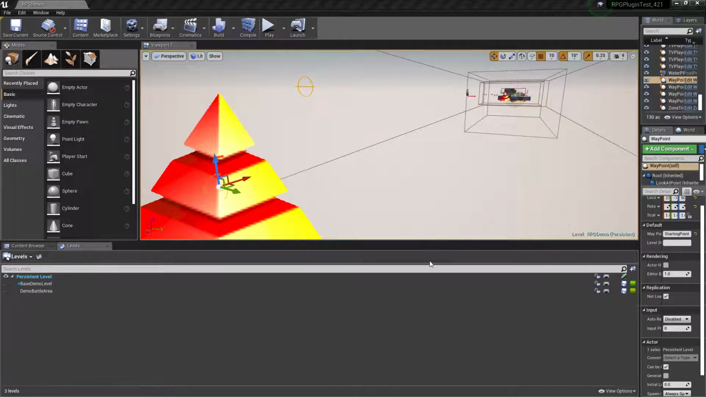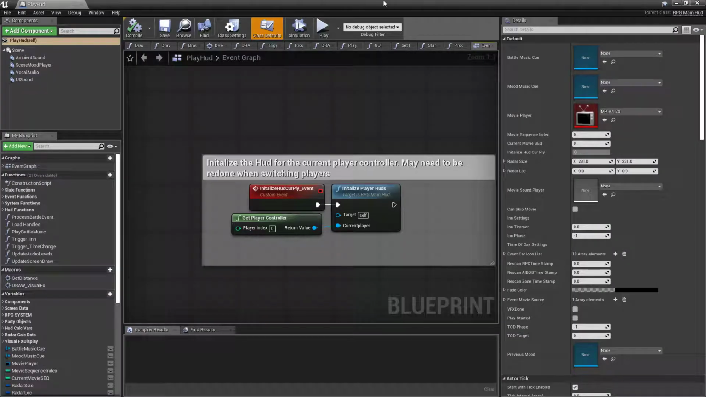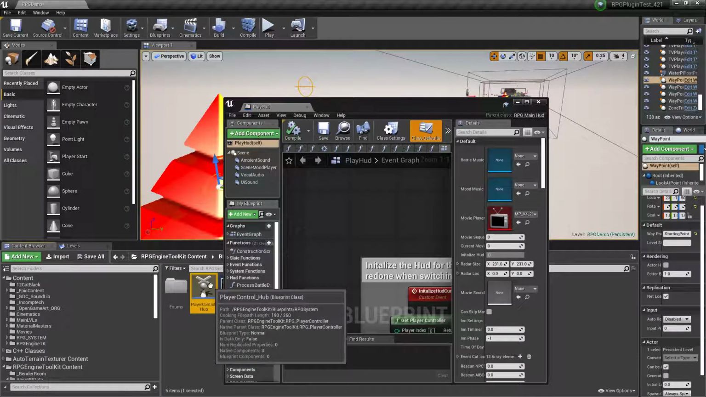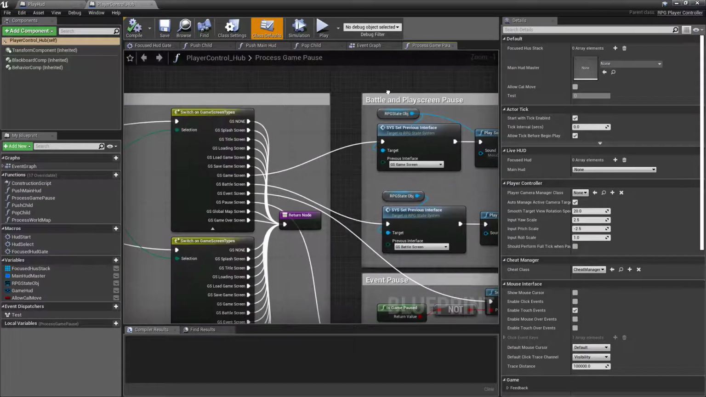Let's see. So the other part of the system would be, do I want to do player HUD yet? Let me do the player controller real quick because that's related to the player HUD. So the player controller,